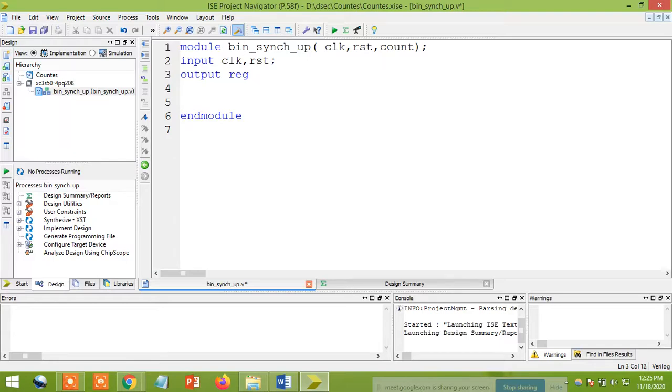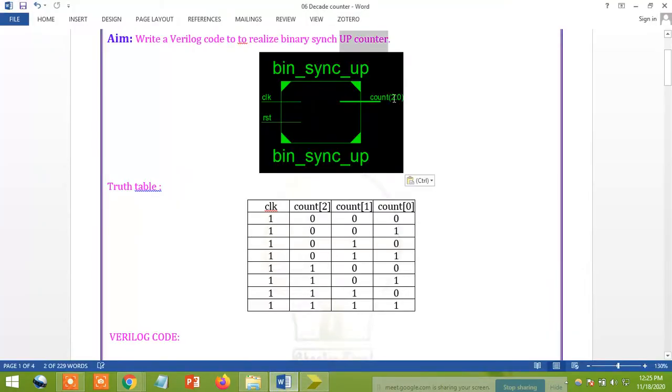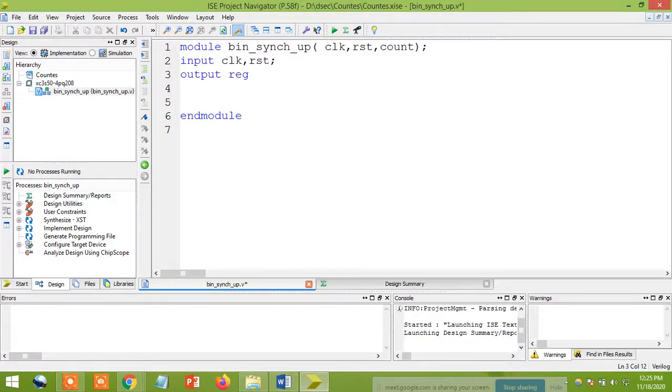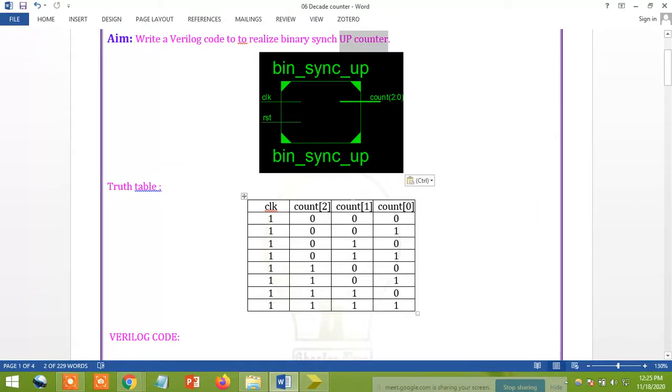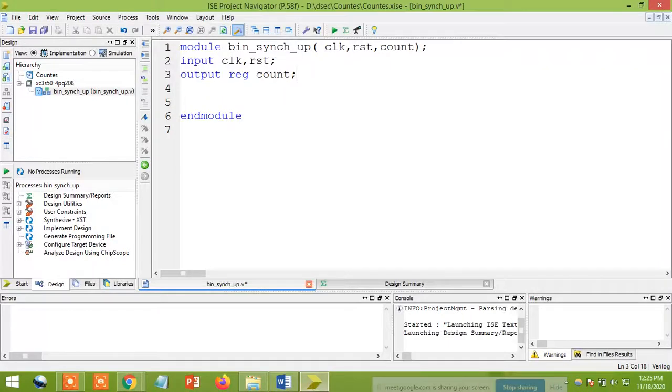Here I'm going according to the block diagram. I have taken it as a counter. Okay, you just take a count first. So I'm going to take a count. But the count value is an output which is not a single variable. Here I'm going to take it as a count value, taken as 3 bits, 0, 1, 2. So then how am I going to define this? I need to define a vector here. How to define my vector?